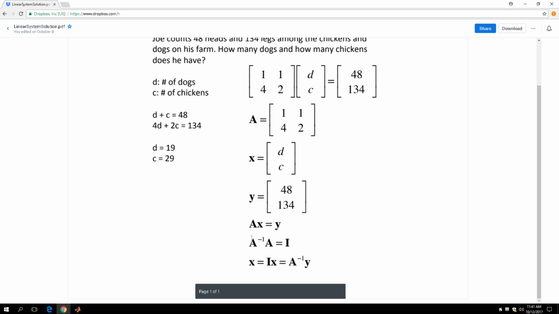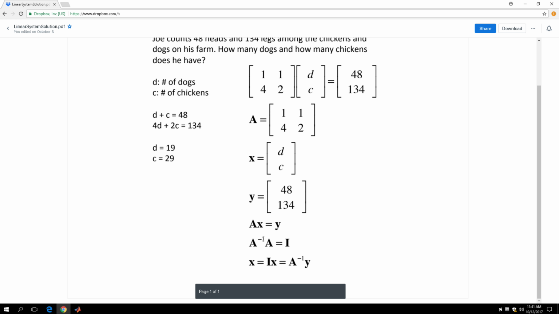Suppose you can come up with this particular matrix, and if you do matrix multiplication between A -1 and A, and you get an identity matrix I, right? If this thing multiplied with this matrix A equals an identity matrix,